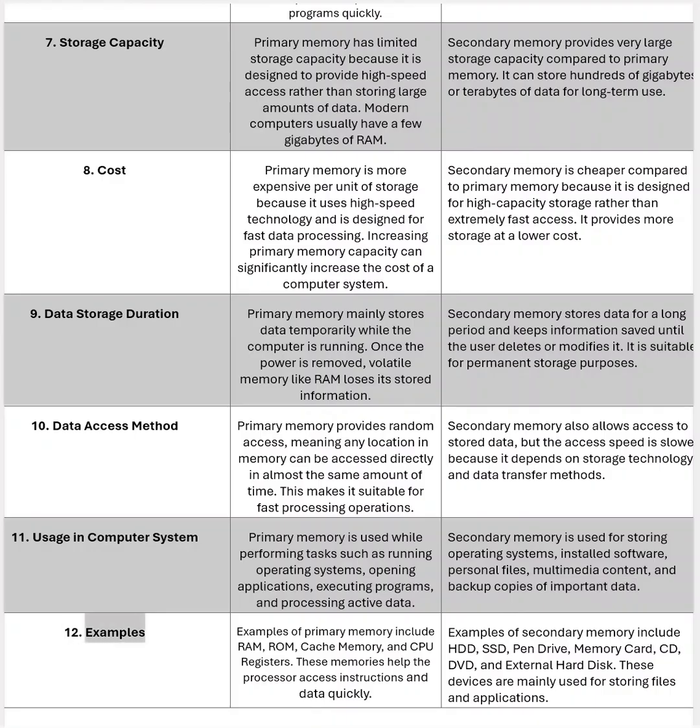12. Examples. Examples of primary memory include RAM, ROM, cache memory, and CPU registers. These memories help the processor access instructions and data quickly. Examples of secondary memory include HDD, SSD, pen drive, memory card, CD, DVD, and external hard disk. These devices are mainly